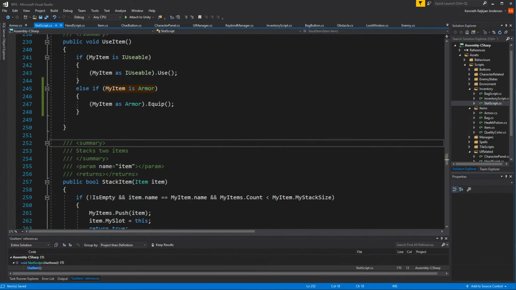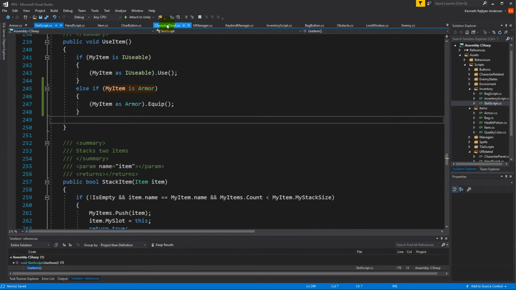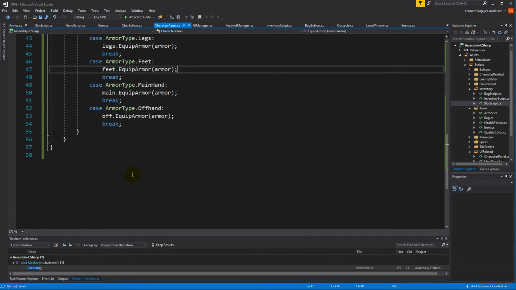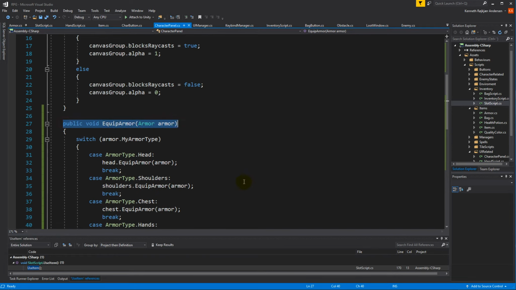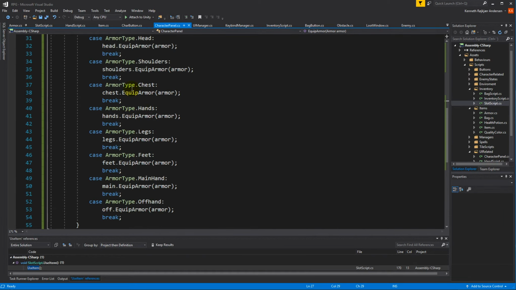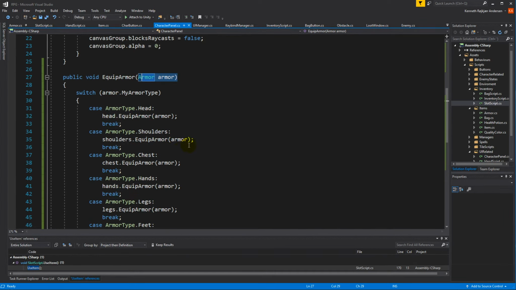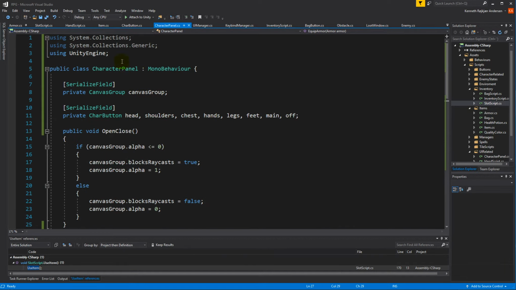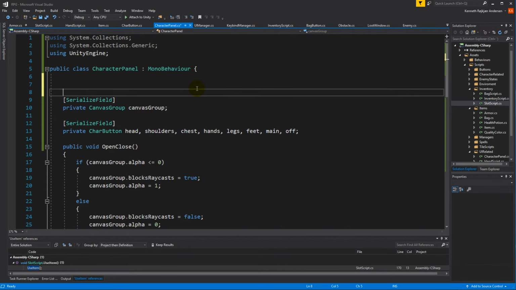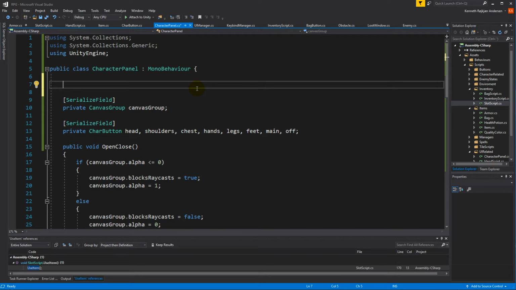So how do we equip it? Well, we need to use the character panel. As you can see, the character panel has a function called equip armor, and we can just pass in the armor to equip it on the right slot. The thing is, we could make a reference on each of these slots to the character panel, but that will be very redundant because we have lots of slots and they all need a reference to this character panel if that's the case. So instead, we can just make it into a singleton, make a private static character panel,